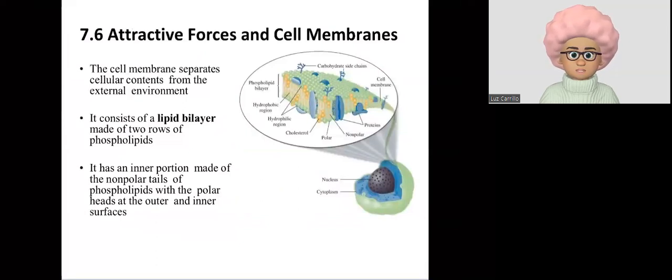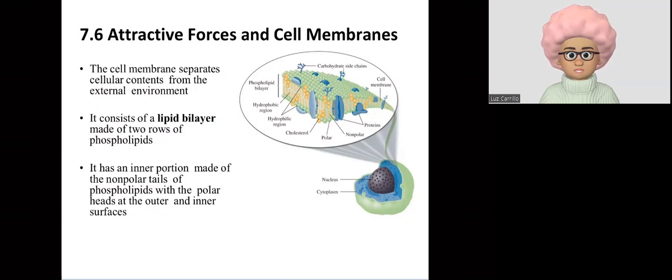Lastly, we are going to talk about the concepts of attractive forces and cell membranes. In the beginning, when we started talking about lipids, we saw that lipids have different compositions. We saw the two large families, fatty acids and steroids. And when we look specifically at the structures that are present in animal cells, including the cells in our body,